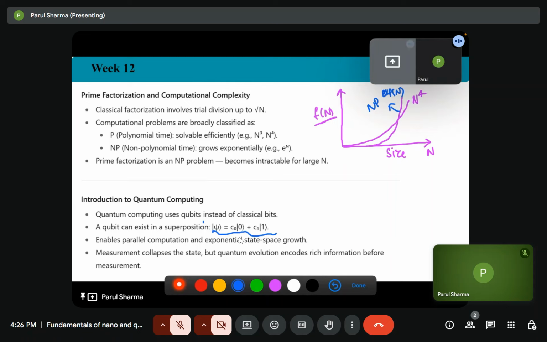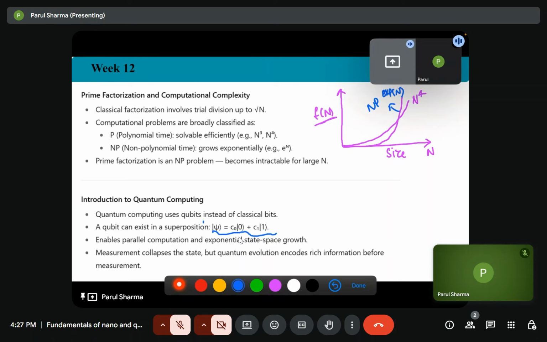So if we have a superposition state, we have more number of states to encode. If we have two bits, we will have four states. So with quantum, it will increase, so that will enable the parallel computation and the exponential state space growth. But if we measure the state, it collapses the